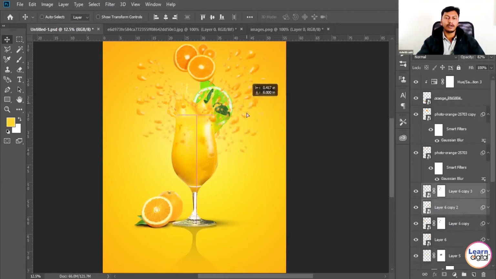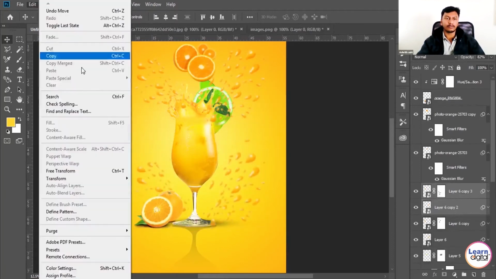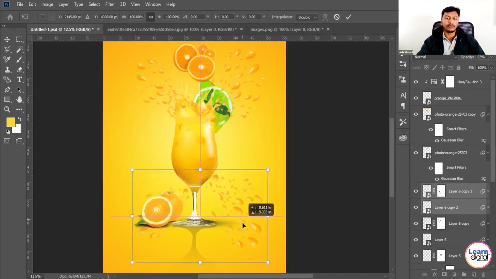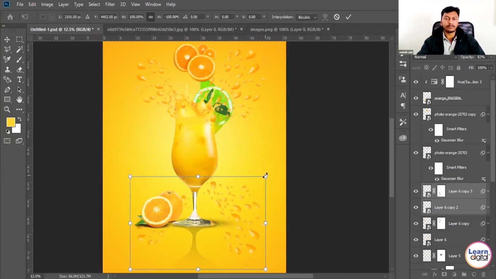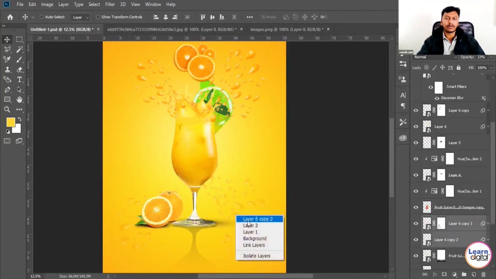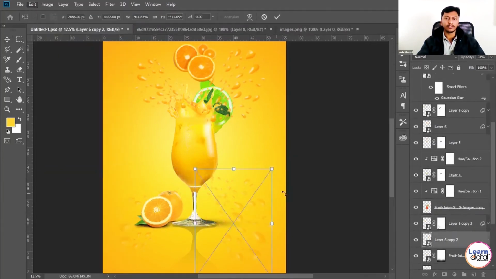Then again, I took a duplicate of the water droplets, maybe to give some reflection. I'm using a very small amount of opacity.